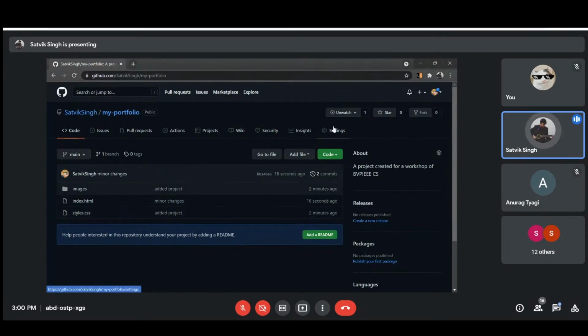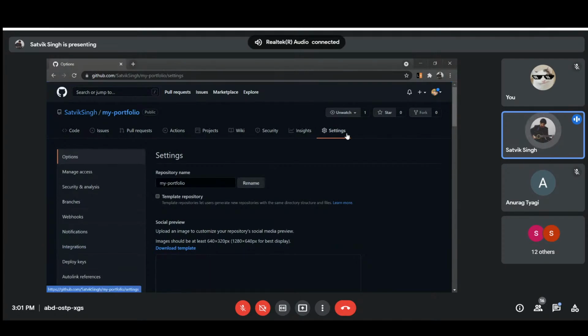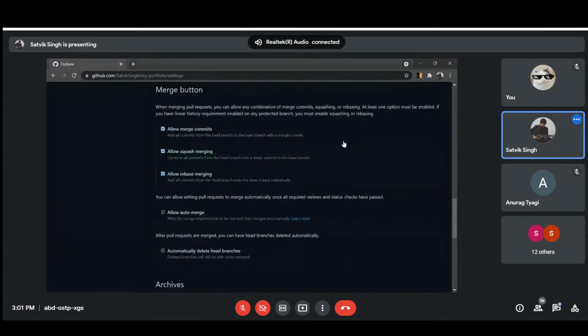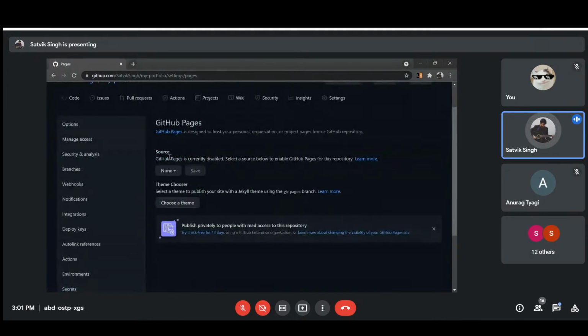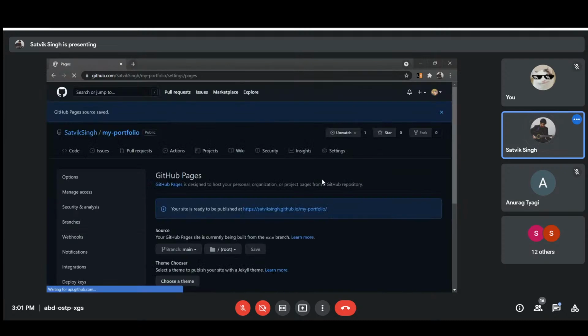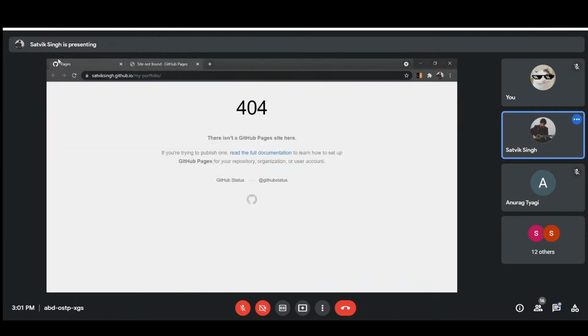Now, how to host it is very, very simple. You just go to settings, you scroll down to GitHub Pages. And now you can just say that the source is going to be the main branch. That is where your files are, and you are just going to save it. And you'll see that your site is ready to be published. And as soon as you open it up,